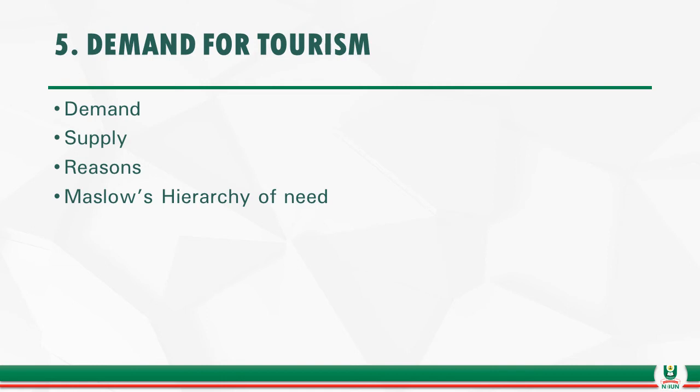I told you Maslow gave us a triangle that has 5 stages from the bottom to the top, and the very first one is the physiological needs. That includes your need for food, need for sex, need for shelter, and all those basic needs. And from there we go to security and safety. After you're able to feed yourself, what you think about is your security and safety. And you talk about love and belongingness. That's the third stage. The fourth stage, talk about self-esteem. And lastly, you have what you call self-actualization, and that is the peak of all the stages.